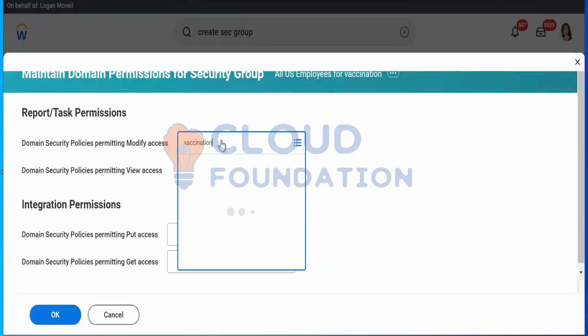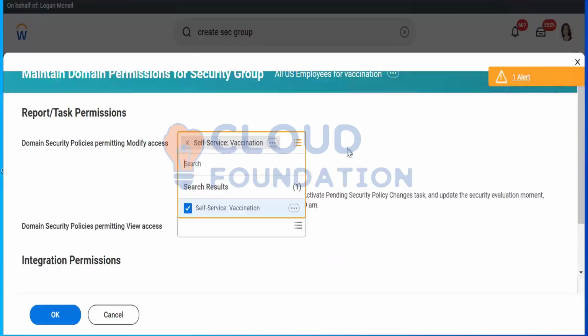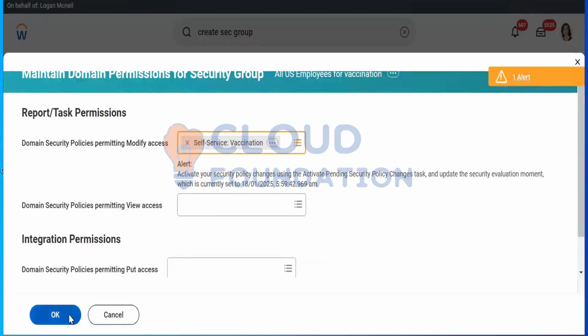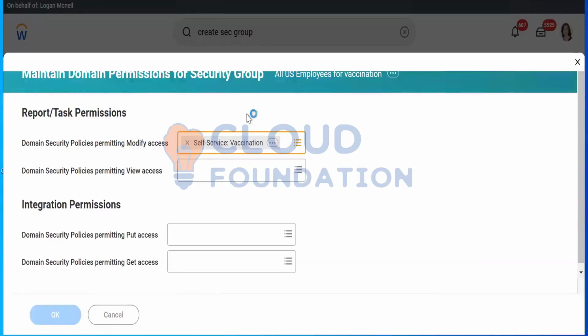Vaccination. Okay. That is one thing. The other one is